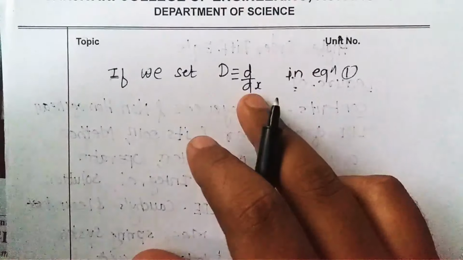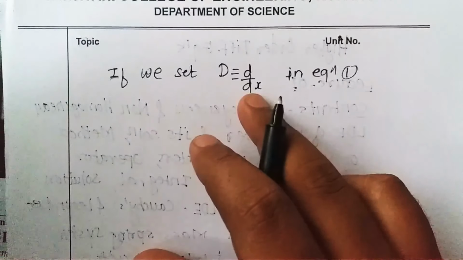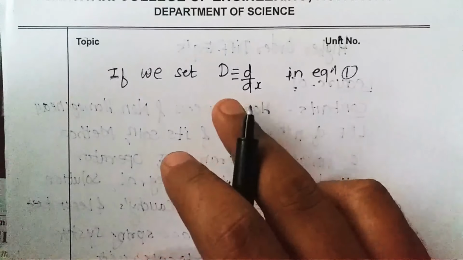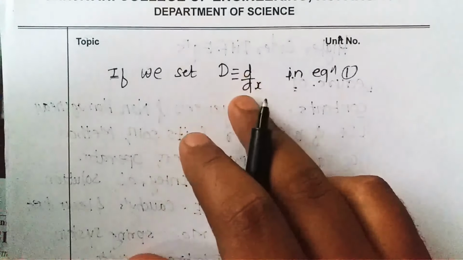So in some problems it may be d/dt, and in most of the problems it is d/dx, okay? So now if you set d/dx as capital D,